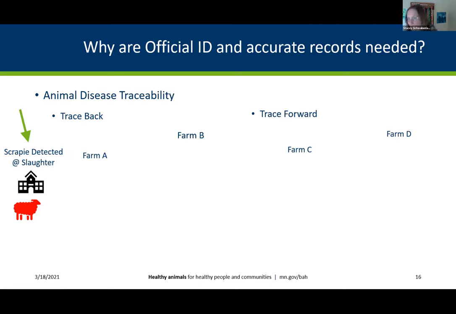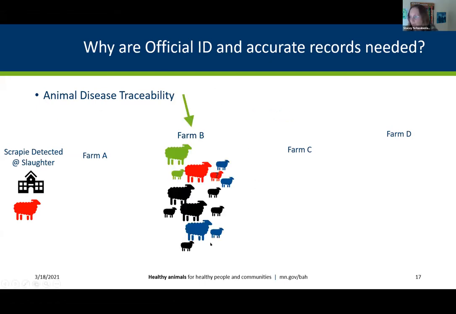So the first thing that we want to do is talk to the slaughter plant and find out, where did this red ewe come from? Now, hopefully this red ewe had official identification, so that will get us down to the exact animal and be able to trace her back to the farm that she came from. Luckily, the slaughter plant is able to tell us that this red ewe came from farm B.